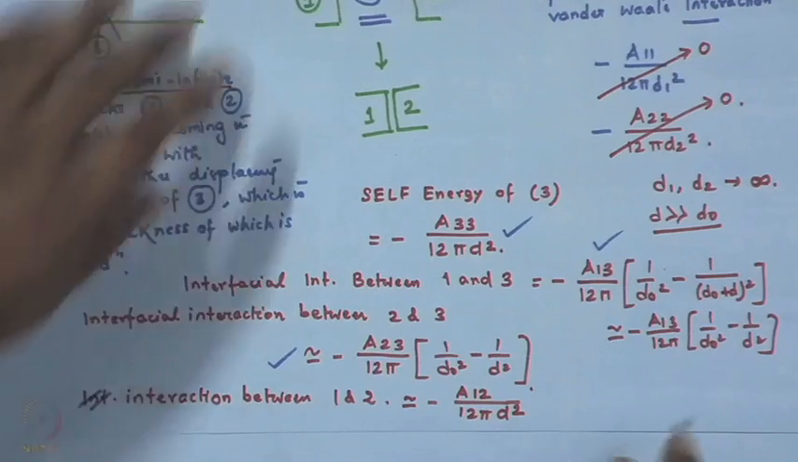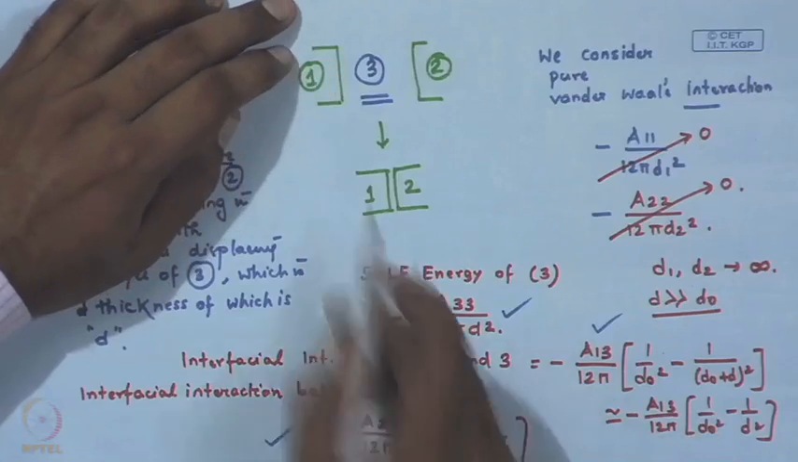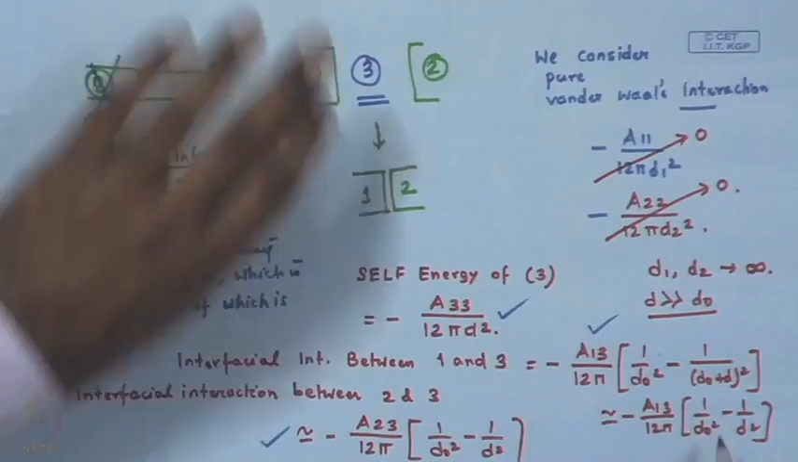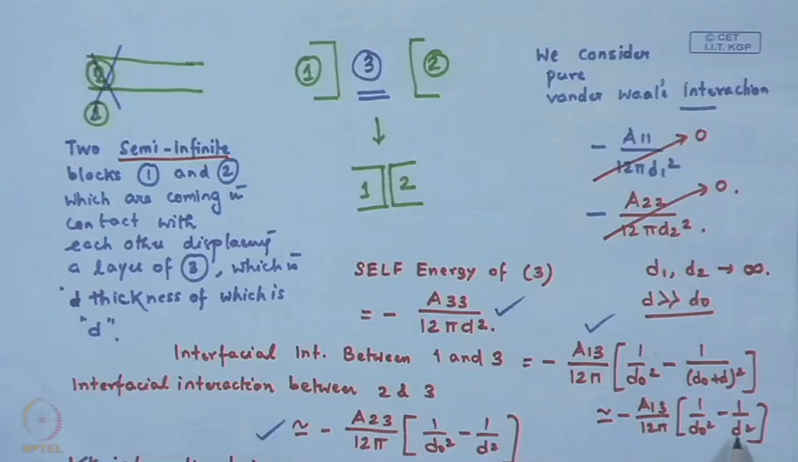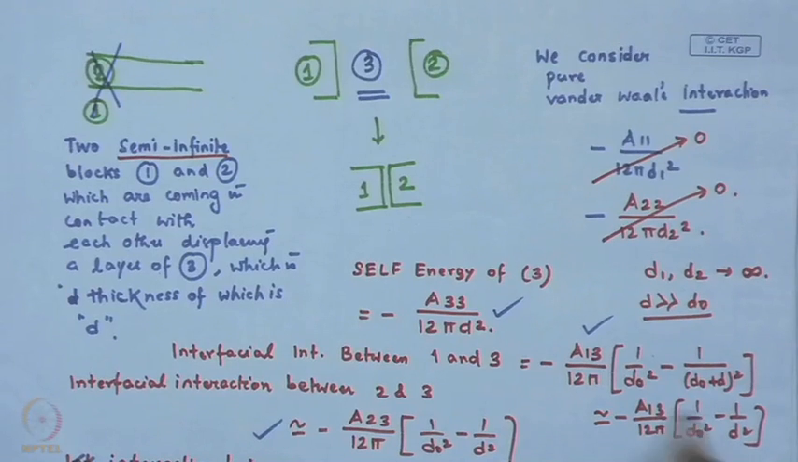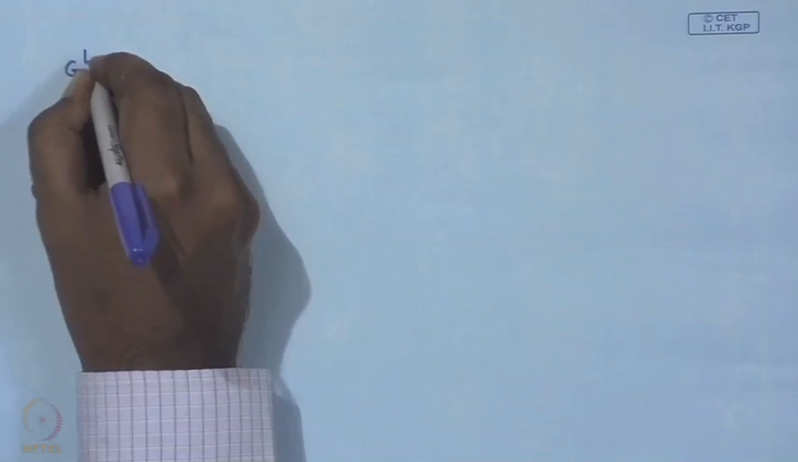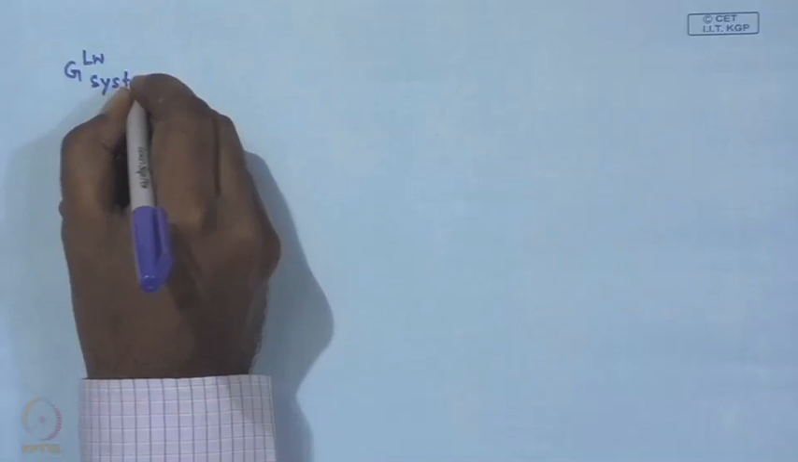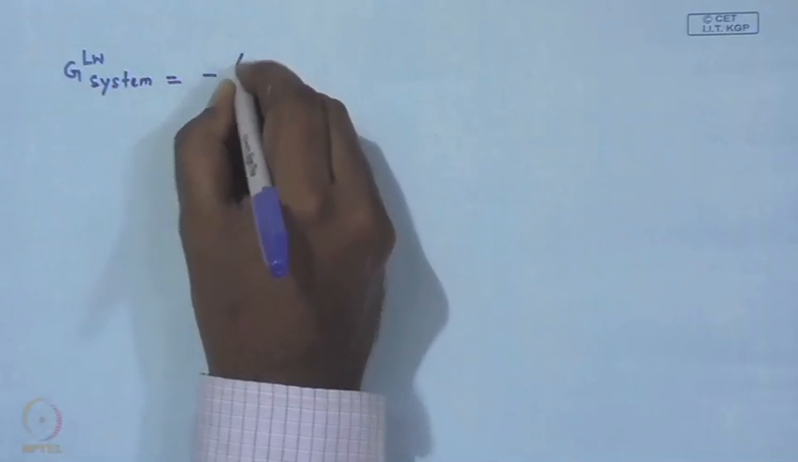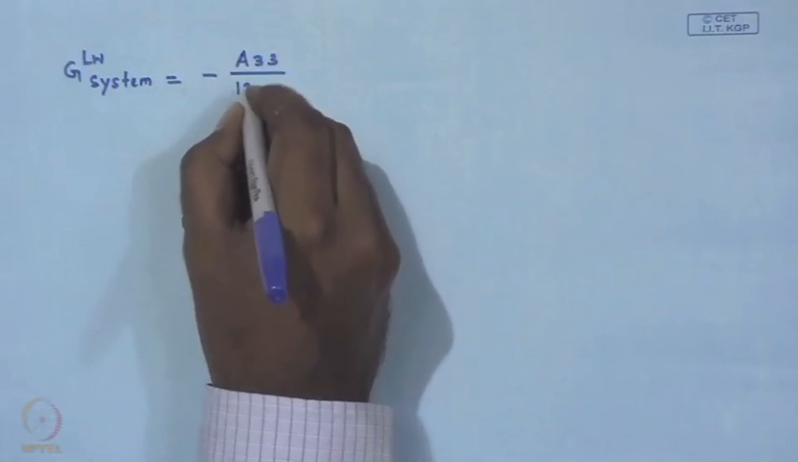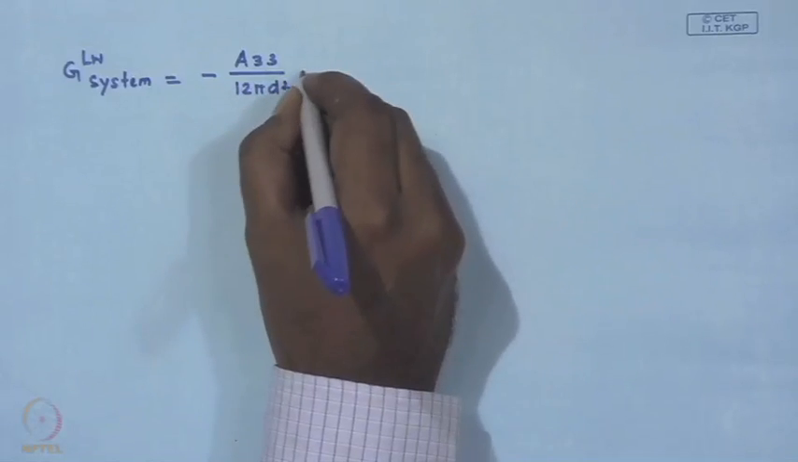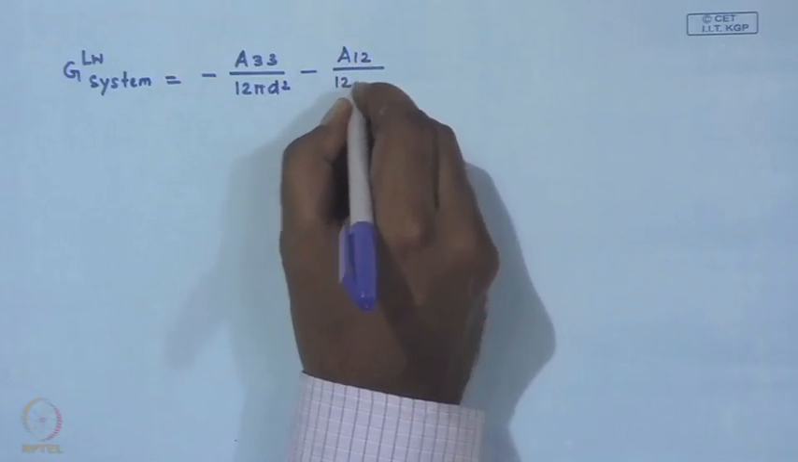There will be only local interfacial interaction between 1 3 and 2 3, because these 2 terms still remain active, because d might be very, very high, but this d0 square is small. So, these terms remain active. So, considering these 4 interactions, the GLW of the system turns out to be minus A33 divided by 12 pi d square minus A12 divided by